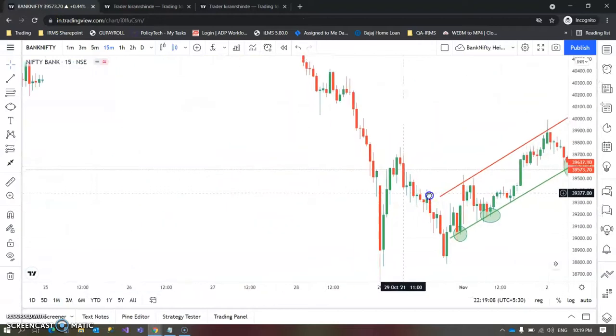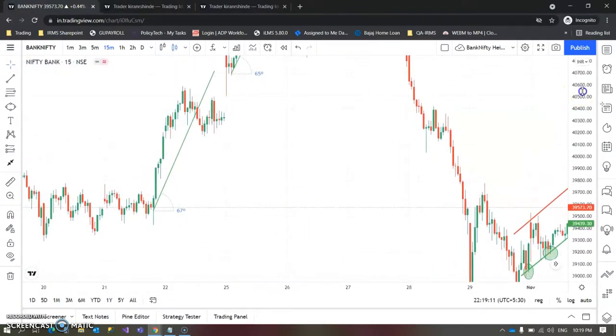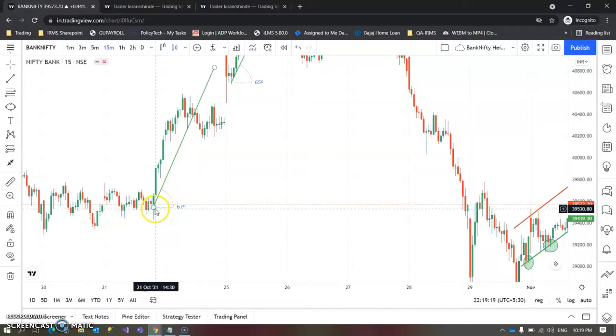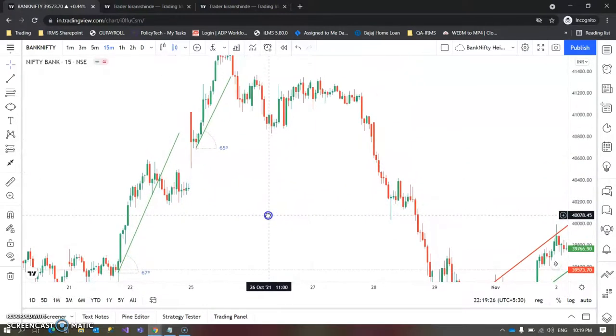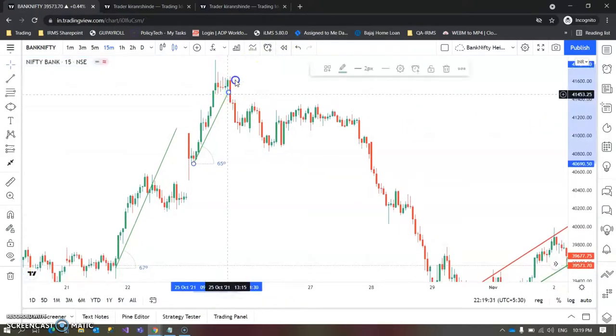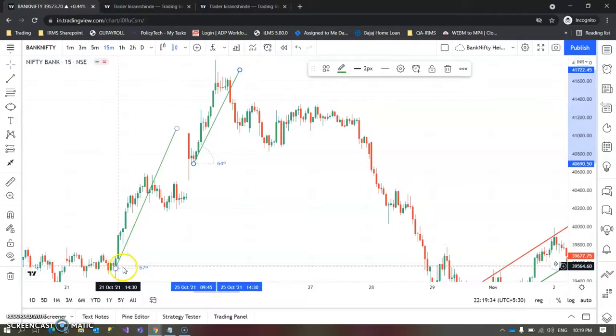Next thing I wanted to show regarding trend lines is, whenever a trend line is making a sharp angle, so I have shown a trend line with a different angle as well. If a trend line is making an angle of more than 40 or 45 degrees, then there are more possibilities of a breakdown or a reversal. So these are the examples. You can see the angle made is more than 45 at both the places, and we saw a breakdown here as well, or at least it would move sideways.